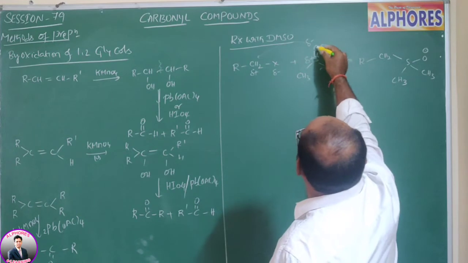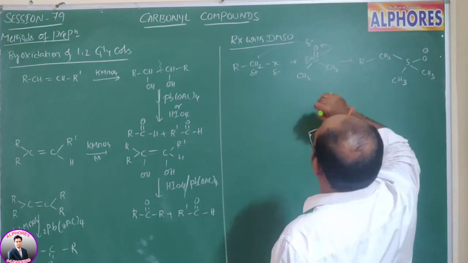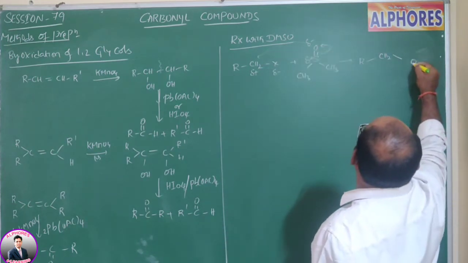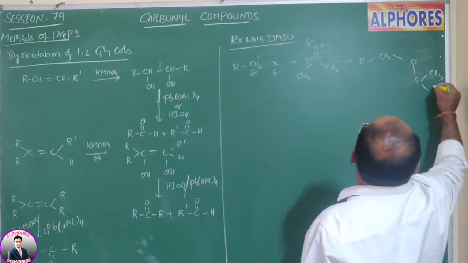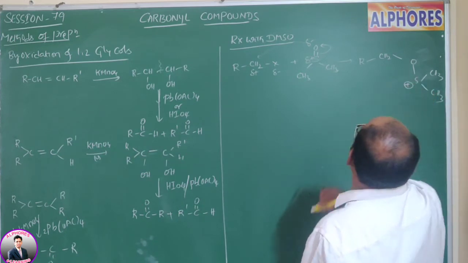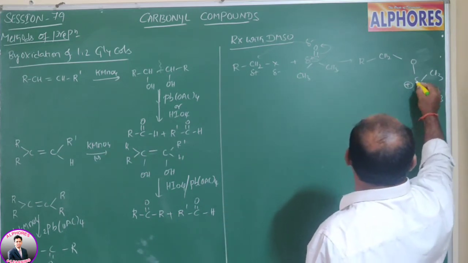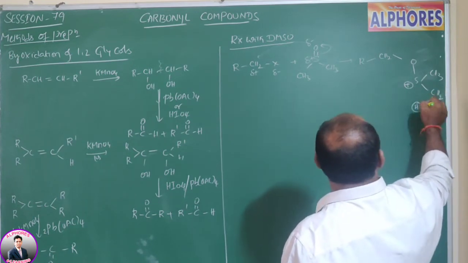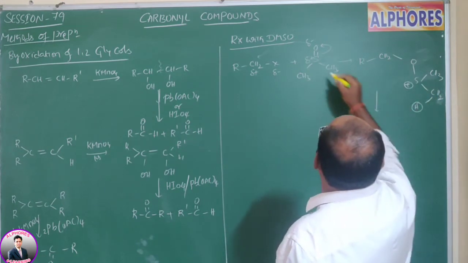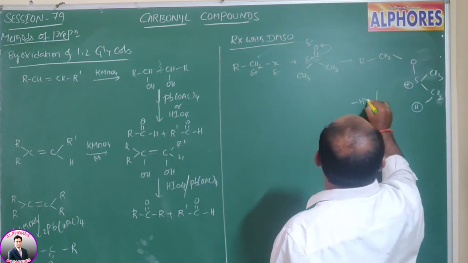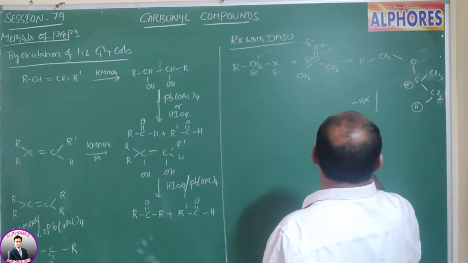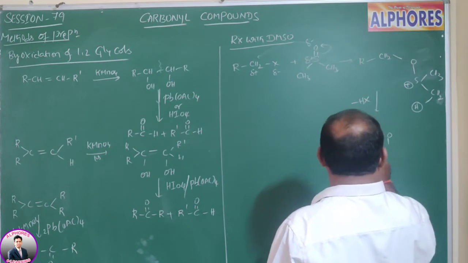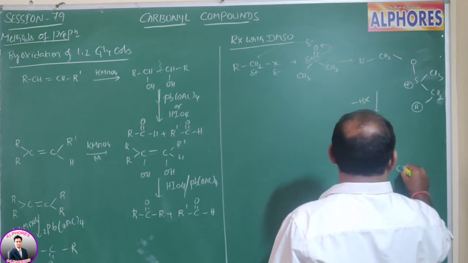Here the sulfur electrons are shifted towards oxygen. Oxygen is going to form a bond here, O and C bond, and then sulfur with 2 methyl groups, and here sulfur is going to bear a positive charge. Now because sulfur bears a positive charge, with respect to that positive charge, this hydrogen is more acidic, and this H plus leaves. Here X minus comes out, X minus with H plus, we are getting R CH2, here O sulfur, and here we are getting CH2 minus and CH3.